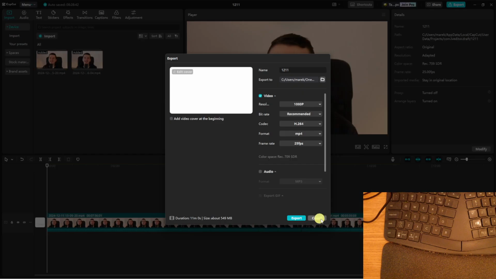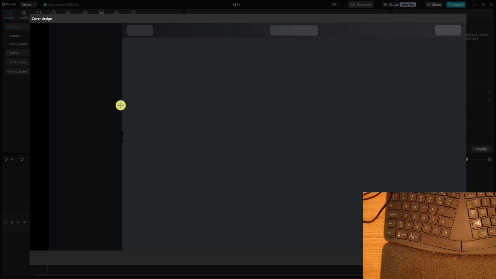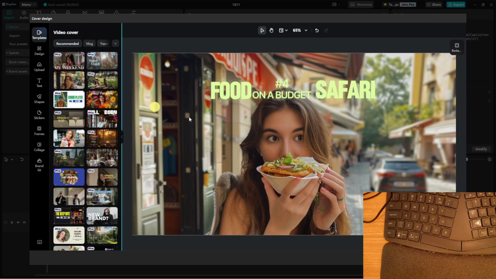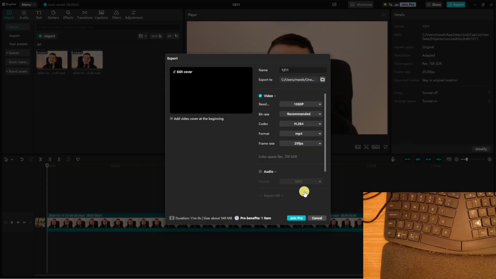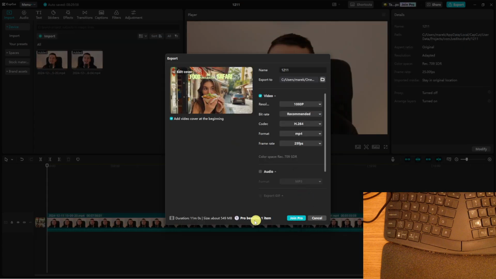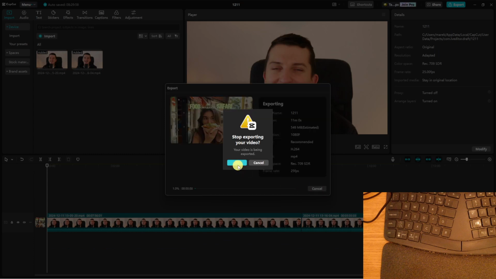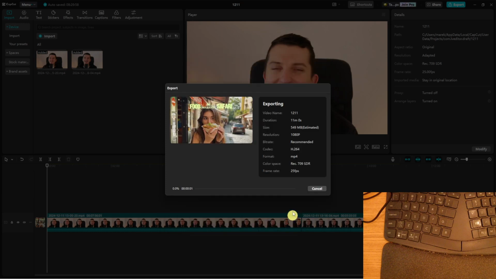Now when you come here and click export, you're going to have a cover, right? And possibly you chose some pro cover design, and what you want to do is just choose, for example, a cover design which is not the pro version, right? And then you see right here that I have the join pro, and I'm going to click export and it's exporting for me,